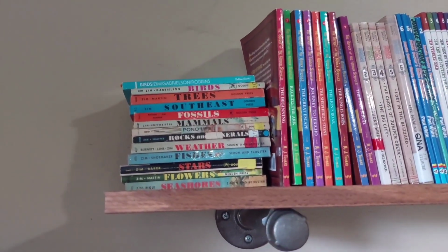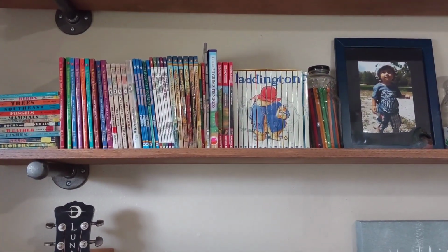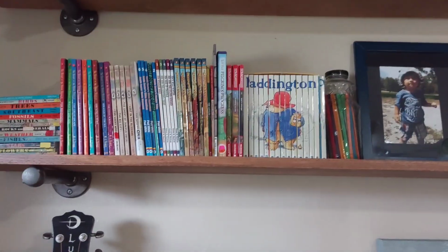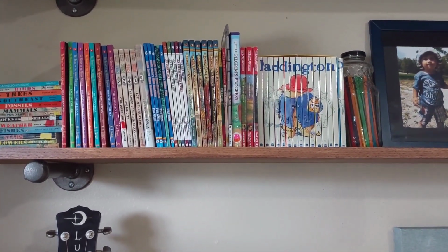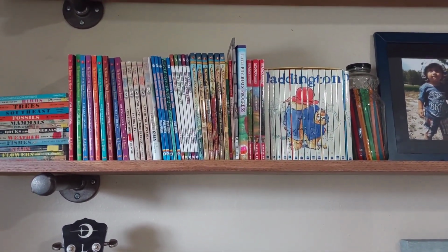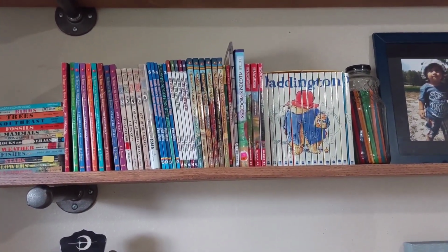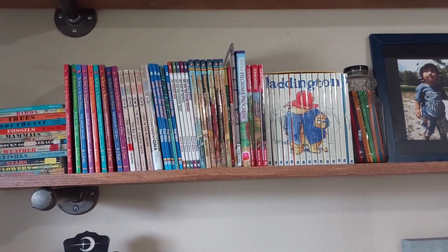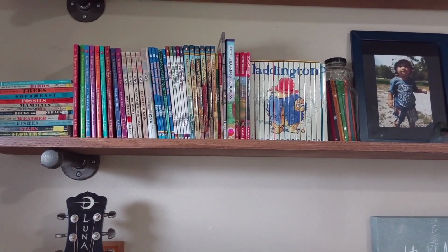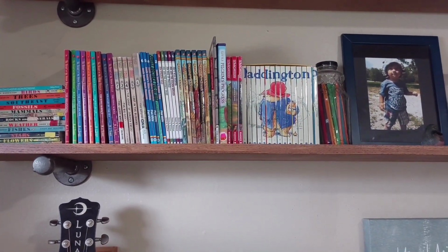Then I needed a place to house our nature identification books. I also like keeping them here, not only just as a record of what we've read, of course we do keep a reading log as well, but also because once I've read them to my son, they eventually have or will become his reading materials. It's nice because they've already been previewed by me reading them to him. Of course, I may cycle back through favorite chapter book series or books that I would like to reread when